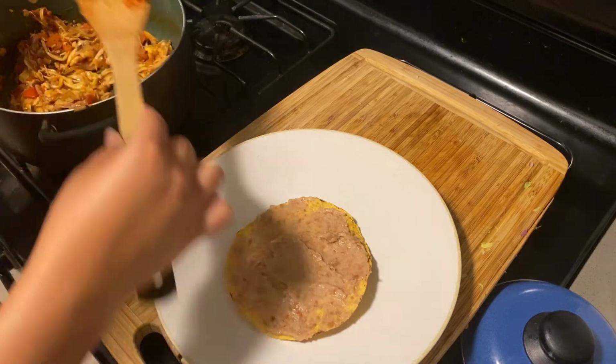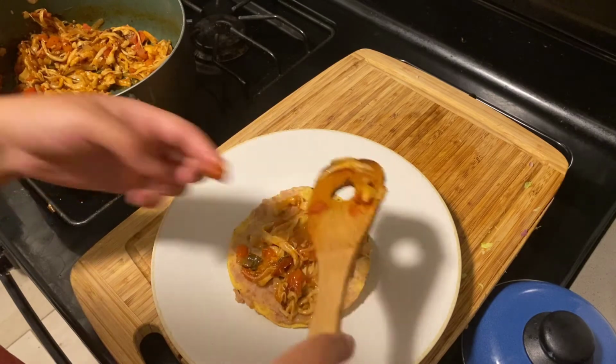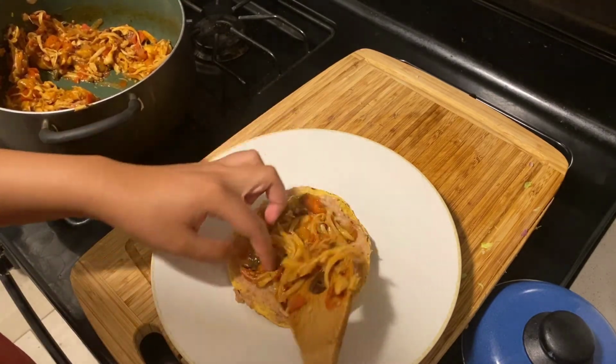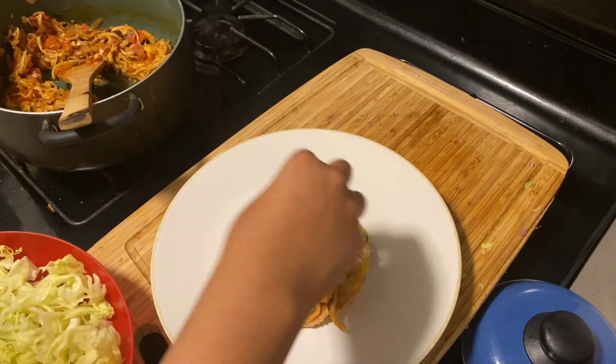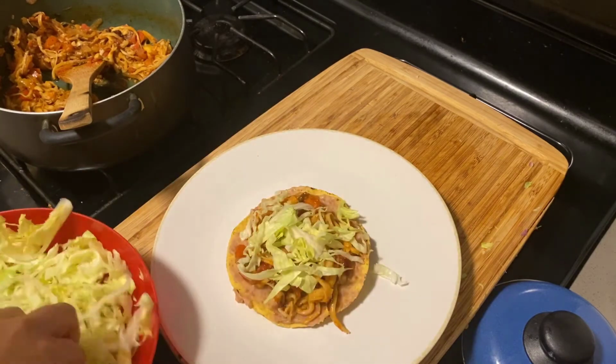I know that sometimes people like to add crema, so if you have some vegan crema, you can go ahead and add that. I will put a recipe link to my sour cream video. It's not my recipe, but you guys can definitely use that. And then a layer of our tinga, and then we also have some iceberg lettuce that I